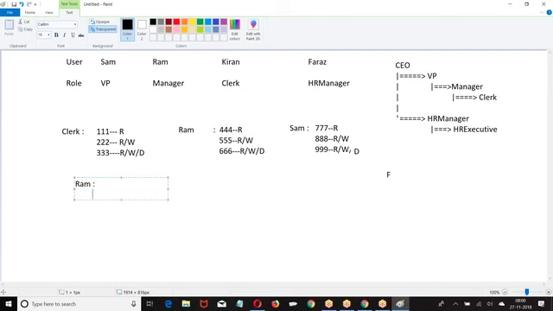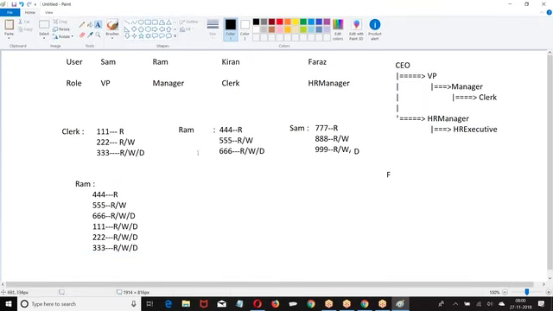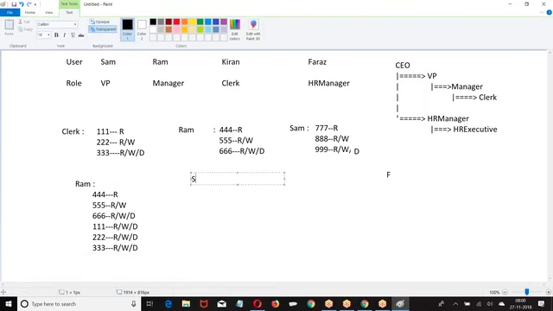Ram can see 444 read, 555 read write, 666 read write delete, 111 read write delete, 222 read write delete, 333. Now which record can Sham see? 777, read.